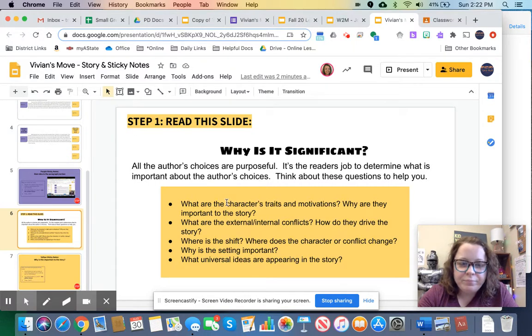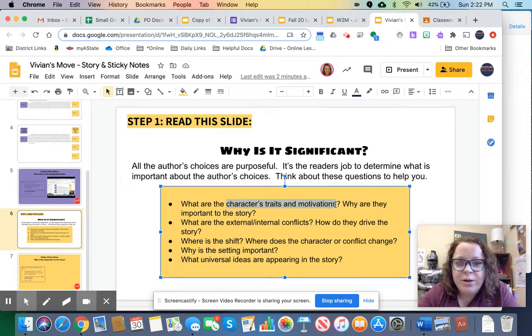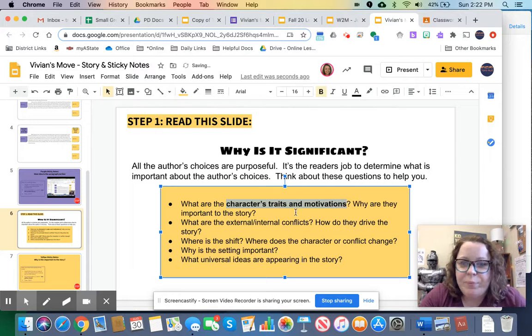And some places that you can start to think about meaning would be if we said, this is what's going on in this paragraph in the purple sticky note, then you might ask yourself, does this connect to a character's trait or something that motivates them, right? You might think, does this help me understand some internal or external conflicts? You might think, not early on, but maybe later in the story, does this signal a shift where something is changing,